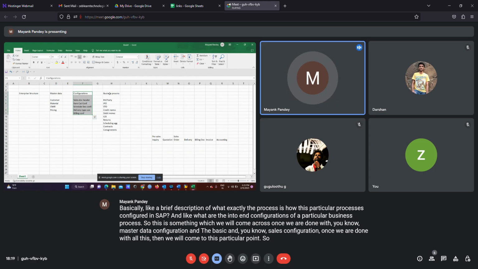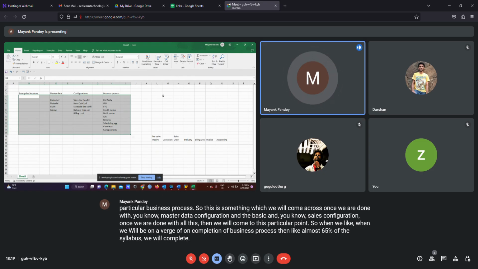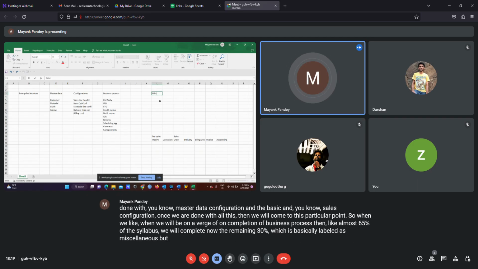When we are on the verge of completing the business processes, almost 65% of the syllabus will be complete. The remaining 30%, which is labeled as miscellaneous, is as important as master data or configuration.